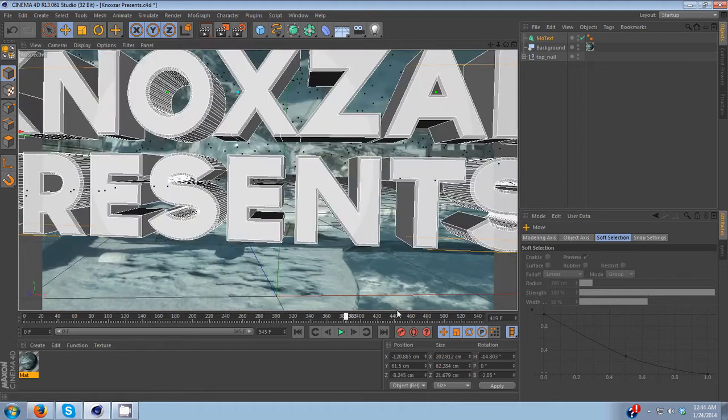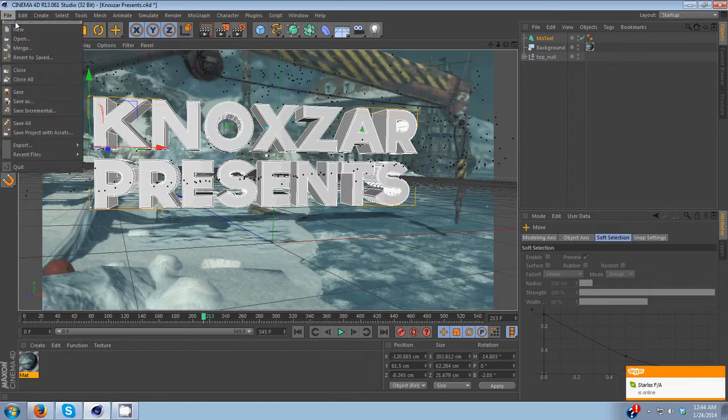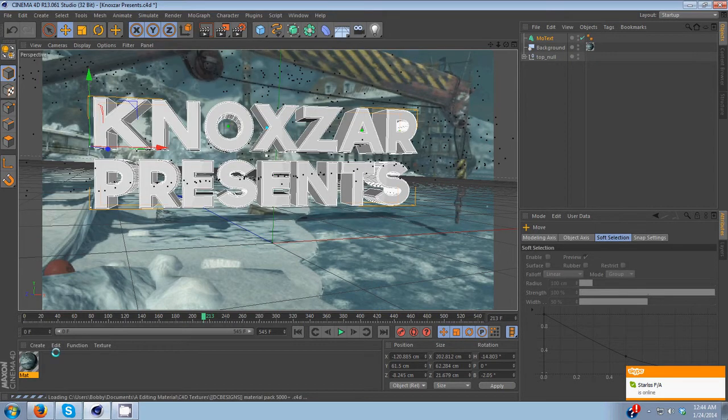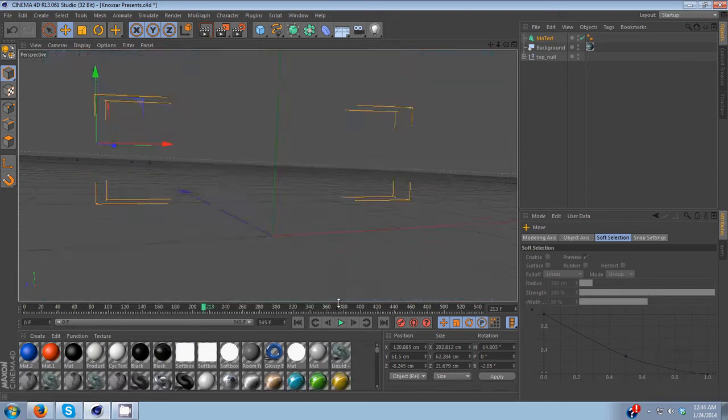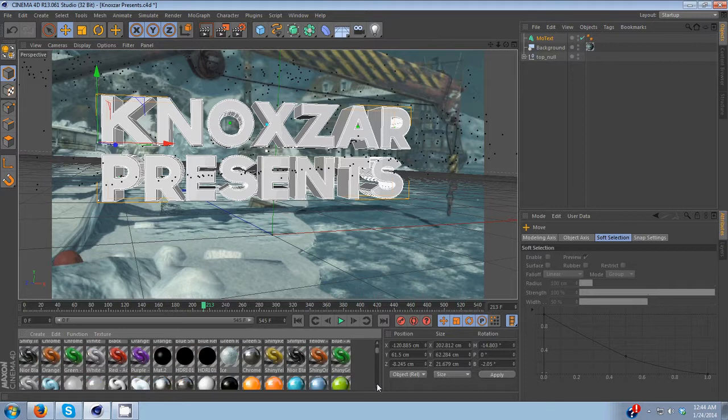and there you go. So once that's like that, I'll put this in the description. It's a material pack, so you don't have to make your own materials. It just gives you like 5,000 materials. So what you want to do is find a material that you want to use, and